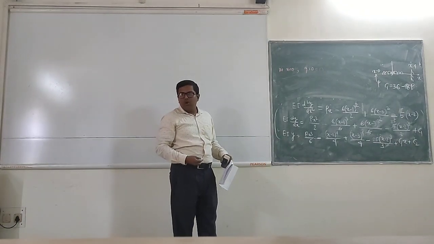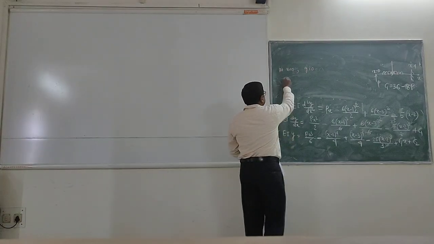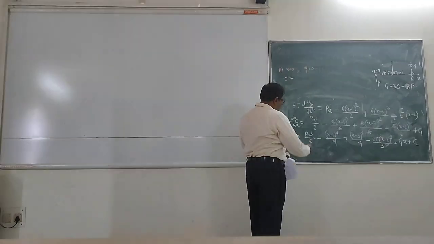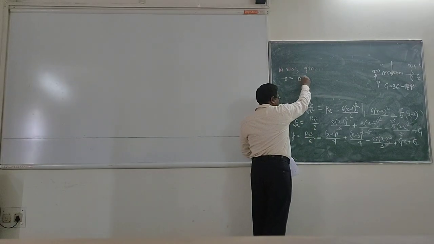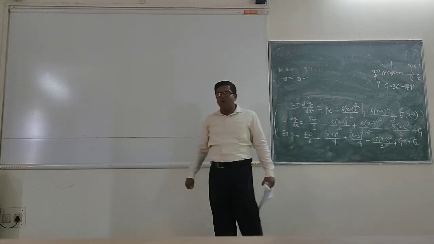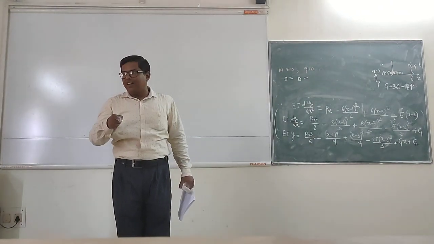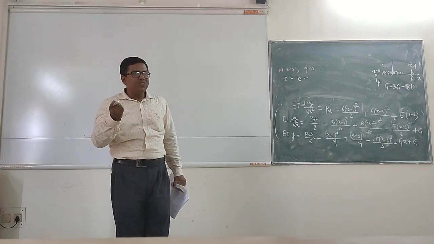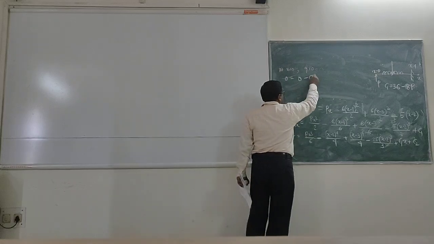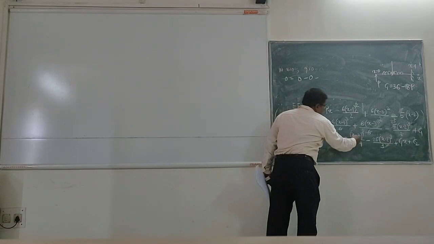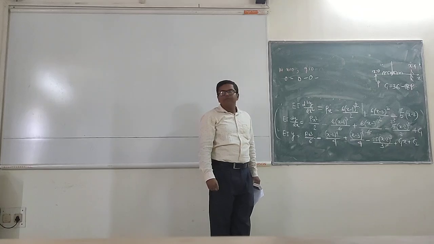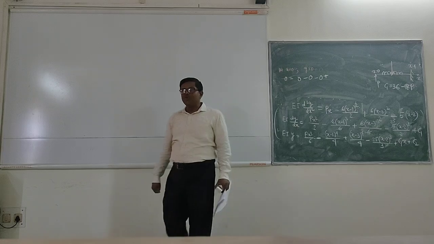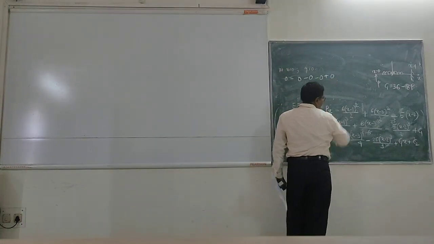So at x equal to 0, y equal to 0. So if I put it over here, this will become equal to 0. This is how much? 0. So this will become 0 minus 1 to the power 4. You get the benefit of Macaulay method now. 0 minus 1 to the power 4, negative. What will be the value? 0. Second term gives you 0. Third term 0 minus 3, negative. 0. Fourth term 0 minus 2. 0. Fifth term